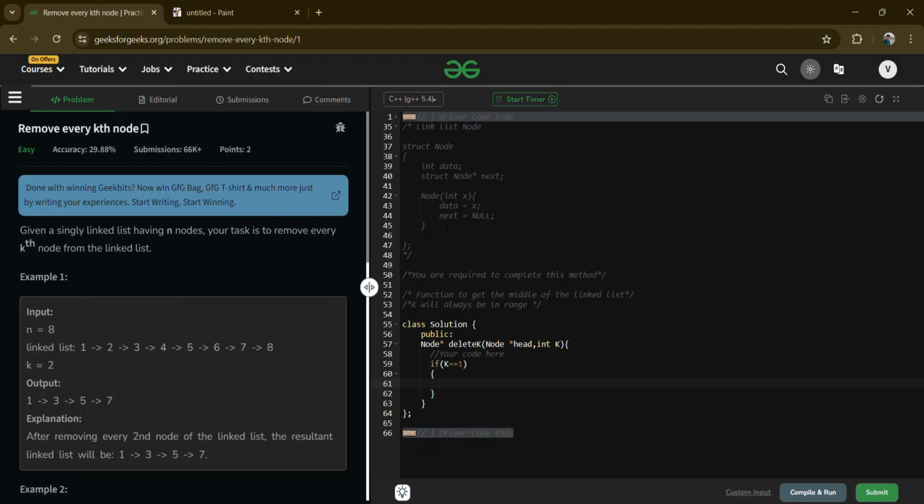Okay, so here we can say that in the base case, if my k is equal to 1, I can simply say that my head will become null, and I can simply return my head. This is my base case. Else, if we have multiple elements but the kth position is not 1, it is more than 1,